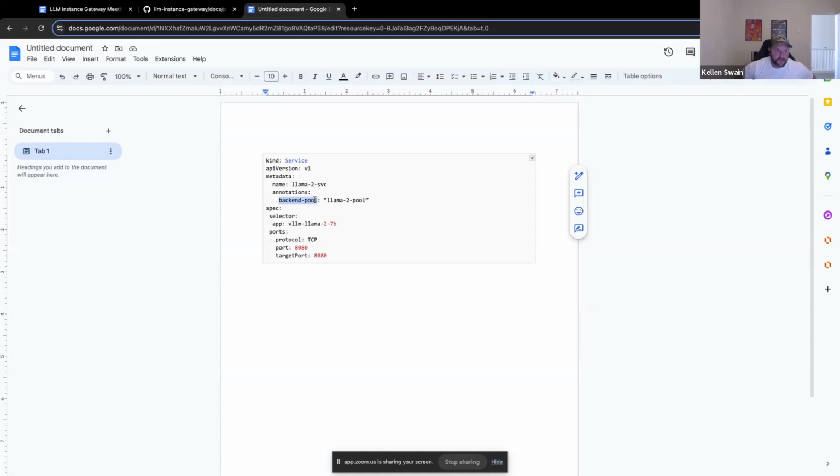Our controller would watch services, look for this annotation, and if it has this Llama 2 pool, we would create it. And I think behind the scenes, we'll still have a backend pool object, but it just is trying to save the user config until there's an actual need for it. But this would create this Llama 2 pool, which could then be referenced by a gateway to route to. And you would affix your